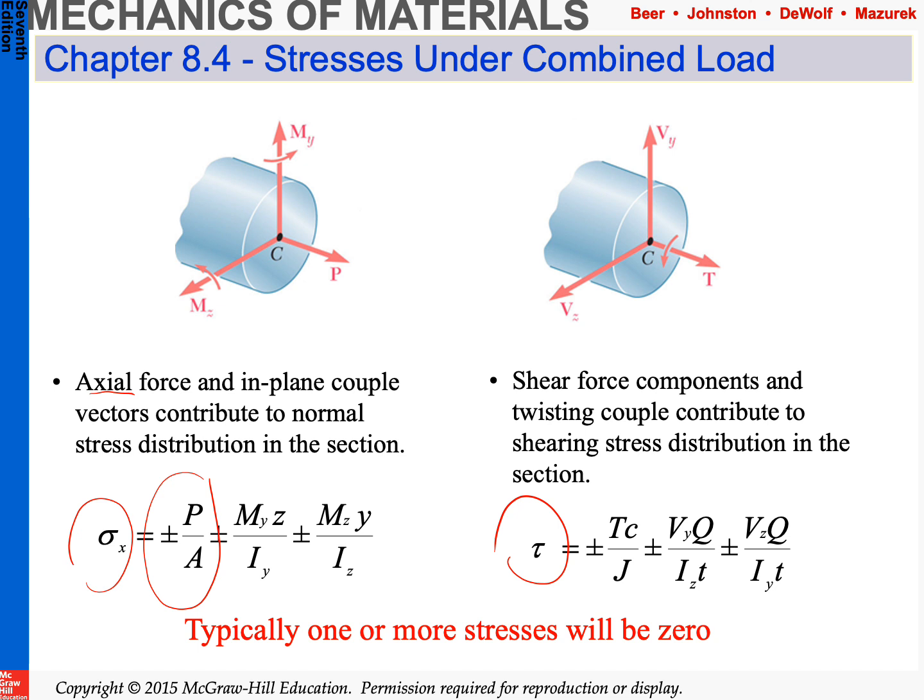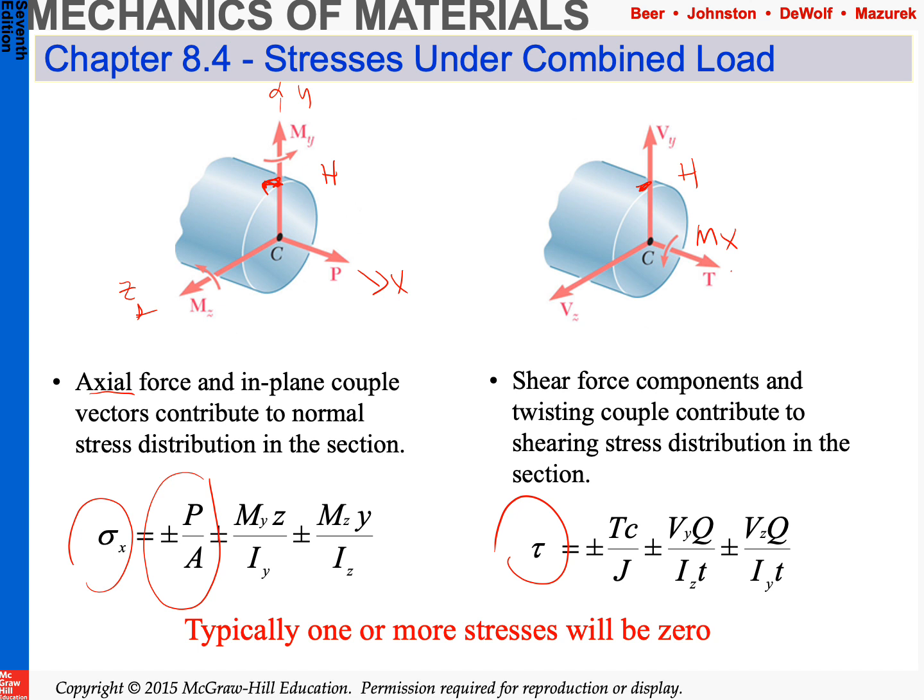Similarly, for the shear stresses, we have three components. We have a moment about X, which is a torque. We have two shear forces, shear force in Y and Z. So obviously this is your X-axis, Y-axis, Z-axis, similarly in both cases. Each of those potentially could go to 0. If we just have this point H here,